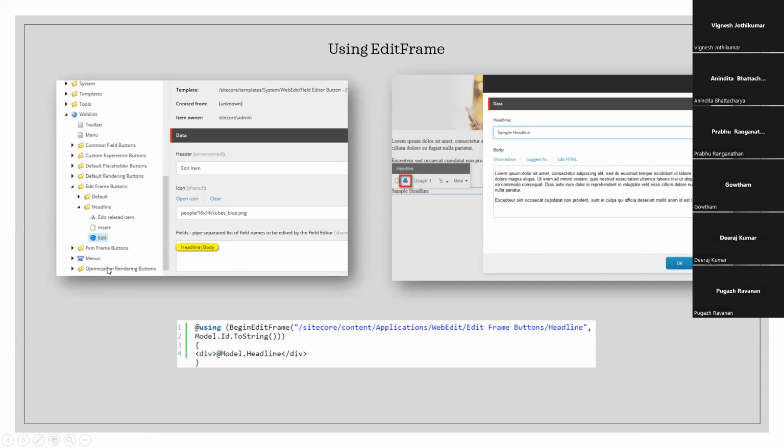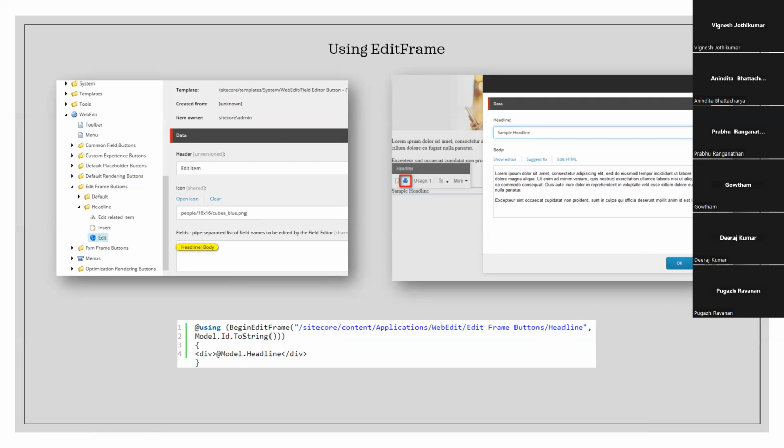here. So you create a button for it. Usually we just end up copying the default instead of trying to figure out what the templates and stuff like that are. It's easier to just duplicate the default one, rename it, and add values to it as is applicable to you. So you have the same list of pipe separated fields. This is pretty similar to what we saw with the custom buttons, but you do need to add this line of code because of the additional thing that you're trying to do, that is pass the identifier of the